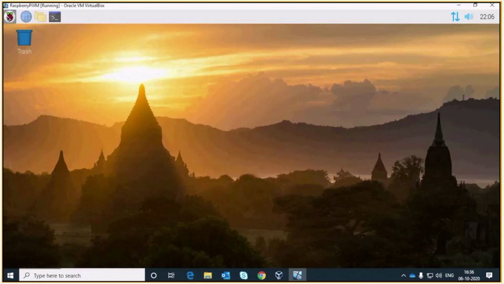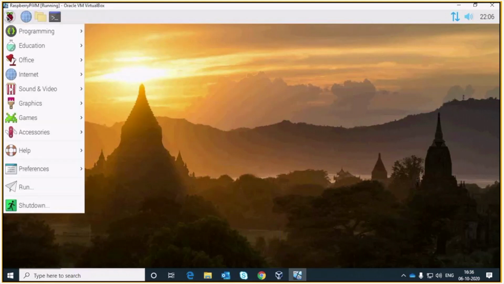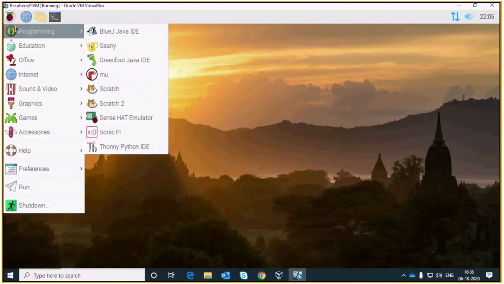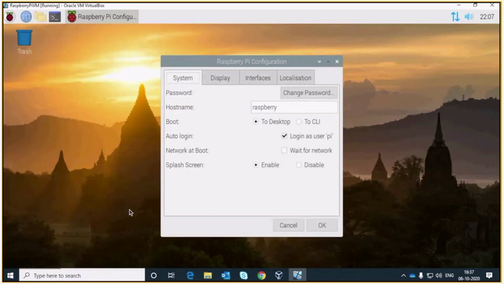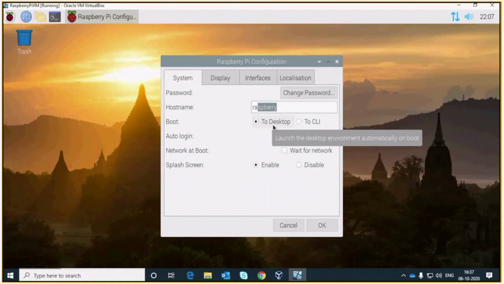So this is the menu bar for that. Start menu bar, you can say, similar to Windows, where you can see what programming languages are installed, and you can have preferences also. You can have the Raspberry Pi configurations where you can change the host name, enable the splash screen, enable auto login for the Raspberry Pi user, and also enable the CLI.